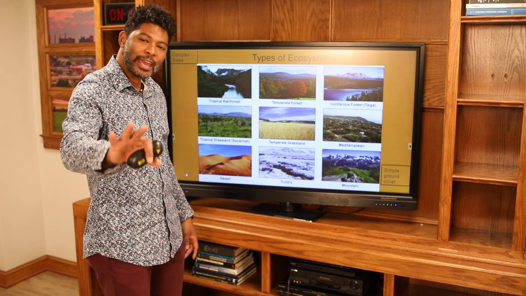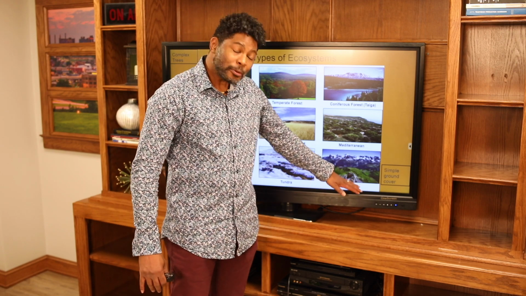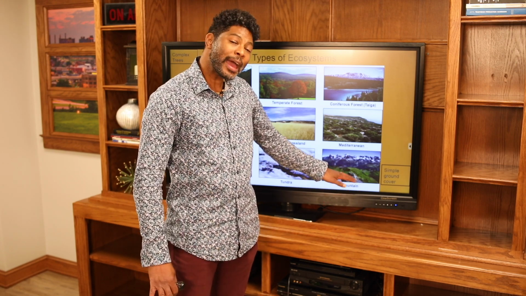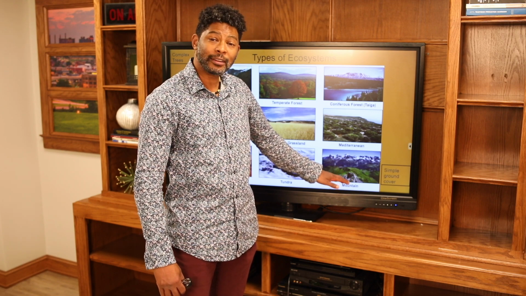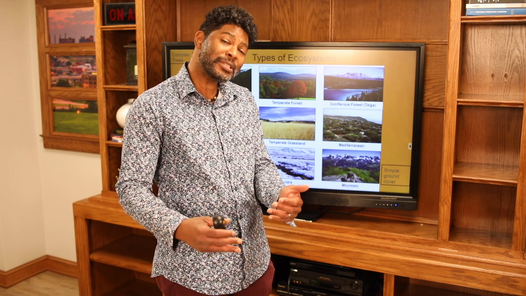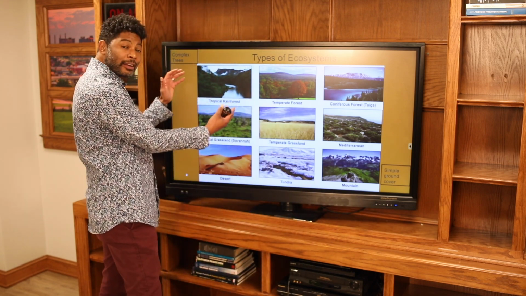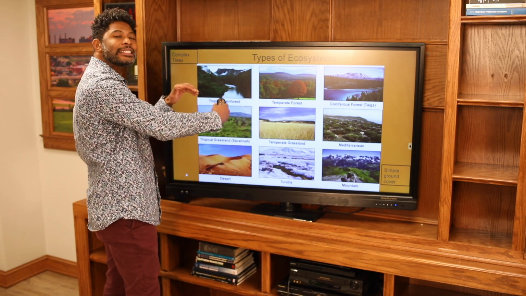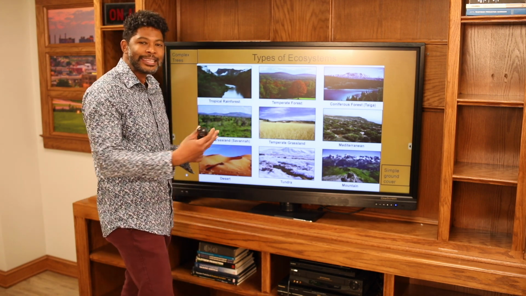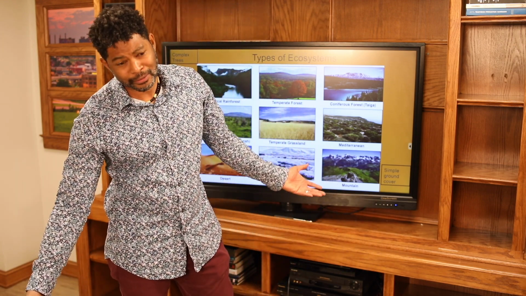Now, here's the take home. Little life, little ecosystem. Meaning, you don't have that many organisms here because if you look at it, it's simple ground cover. Very simple system. But here, in a tropical rainforest, you have these complex plants, which means you can have a complex system. It's just like producers. If you have a producer that doesn't have a whole lot of money, you're going to be like,